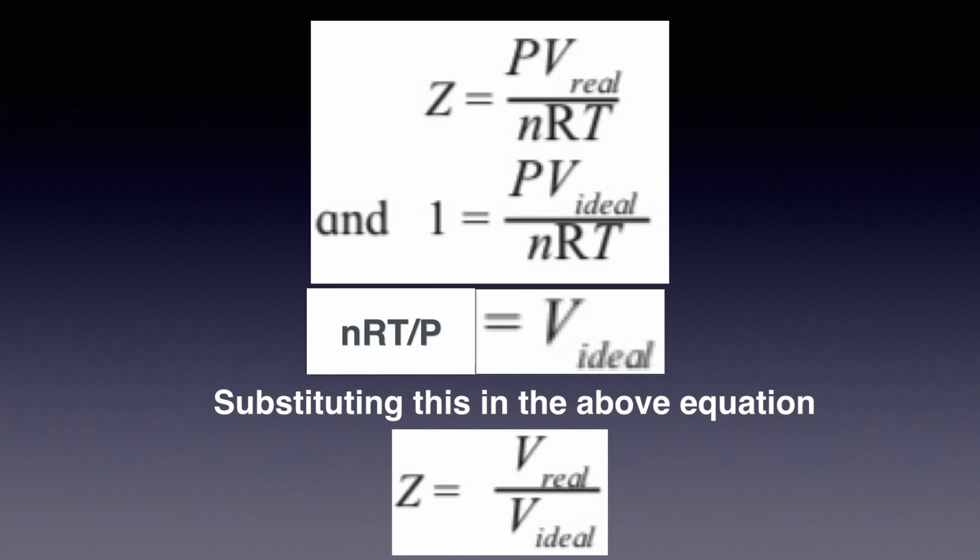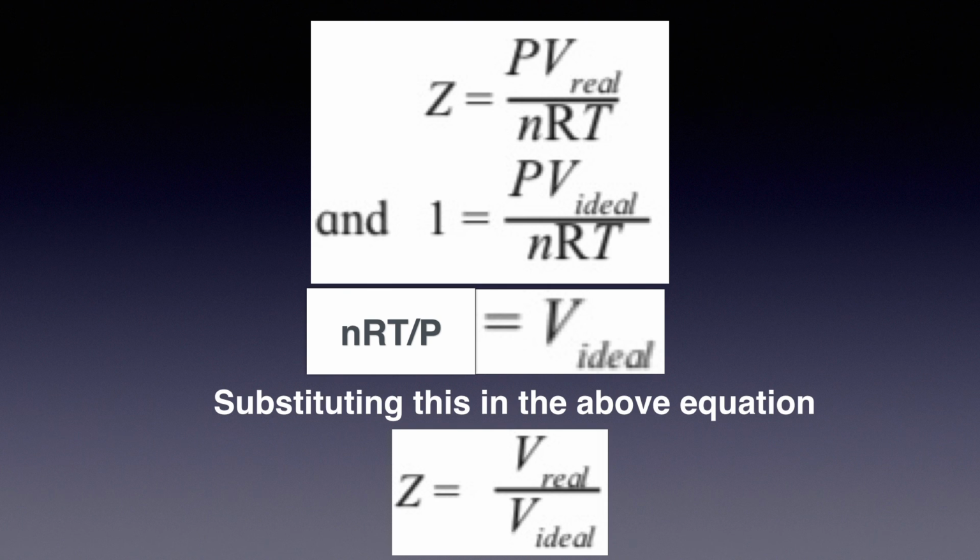Okay, so as we know that Z is equal to PV upon nRT, now if we write the equation for ideal gas and real gas, the equation will become Z is equal to P V real upon nRT, and for ideal gas we know that Z is equal to 1. So instead of Z I am going to write down 1. So 1 is equal to PV ideal upon nRT. Now on rearranging this equation, I will get nRT upon P is equal to V ideal. Now I am going to substitute this value of nRT upon P